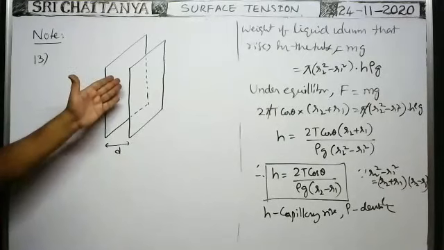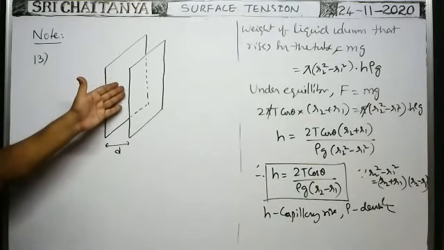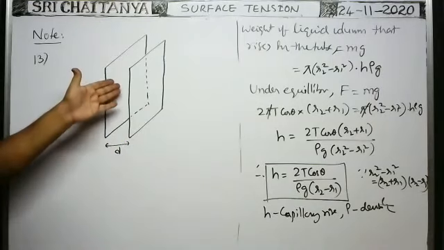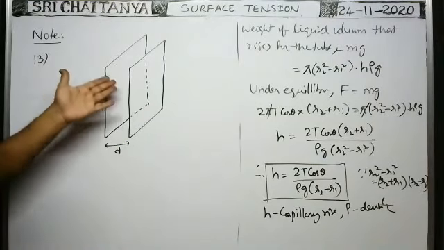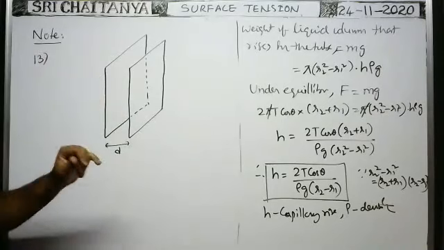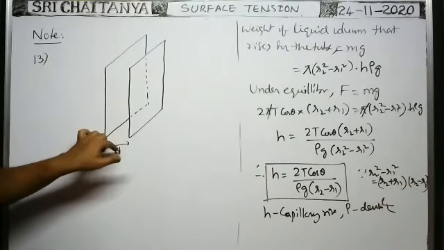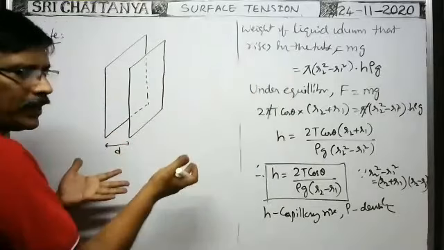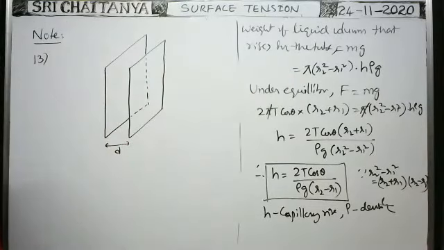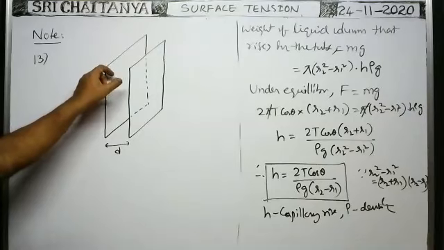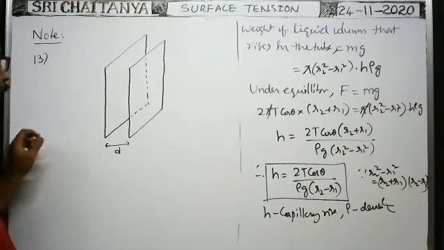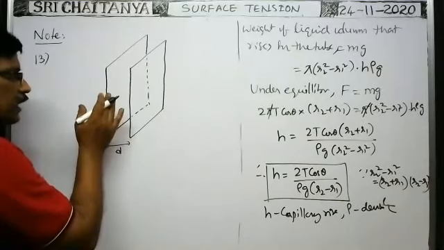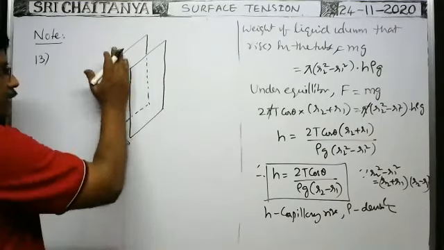Then the space between the two parallel glass plates behaves like a capillary space. Because of capillary space, capillary phenomena exist in the liquid between the two plates. Suppose if the two plates are kept away from each other, then there is no capillary action. But whenever the distance between the two plates is very small, in the order of millimeter, less than 1 millimeter, then because of capillary phenomena, the liquid level rises.